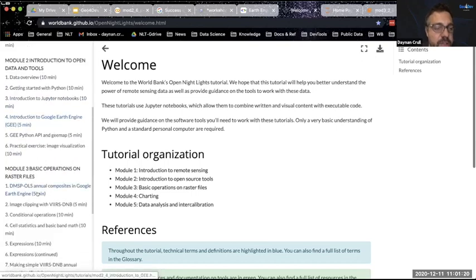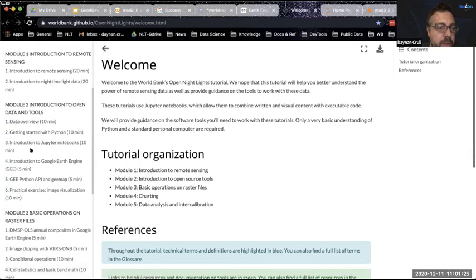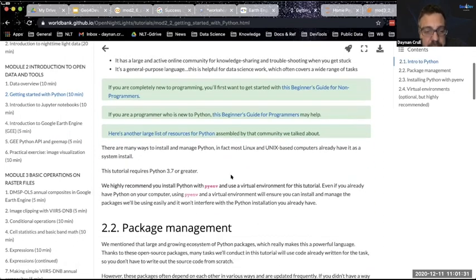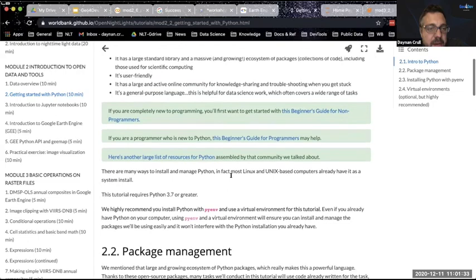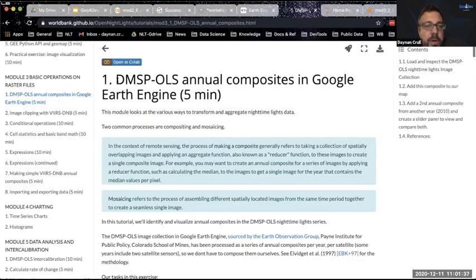And if you want, to help for the next section, maybe spend a few minutes on the Get Started with Python page, trying to see if you can load it on your computer. If you just don't want to mess with that right now, that is totally okay. Just know that every time we go to a notebook, there's going to be this little button to open in Colab up here in the top left. Click on that link and follow along with us in a notebook. And we're going to do that as we get into some of the actual exercises here after the break. So that's it for this section.